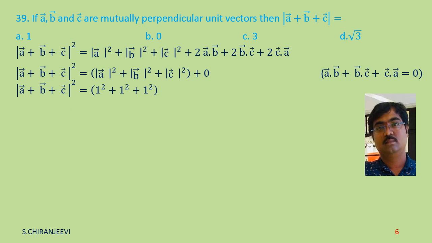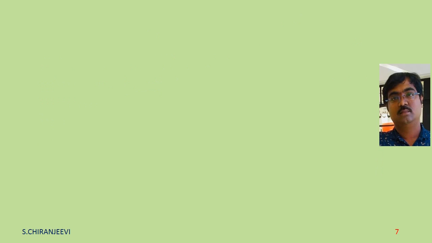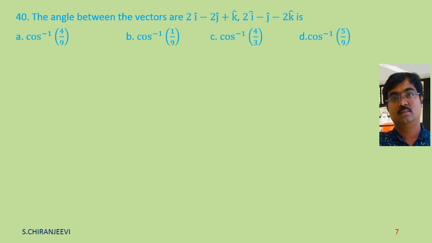So it will be 1 square plus 1 square plus 1 square, which is 3. So magnitude A plus B plus C equal to root 3. So the option is D. Next one. The angle between the vectors 2i minus 2j plus k and 2i minus j minus 2k is, options: